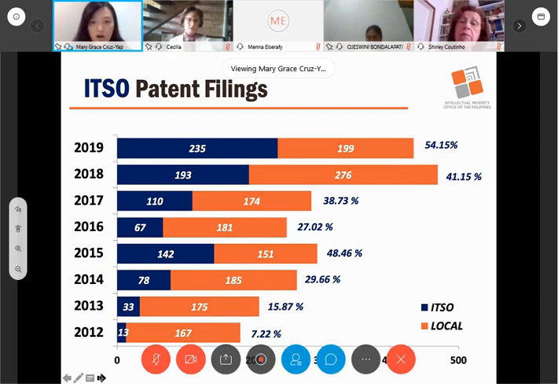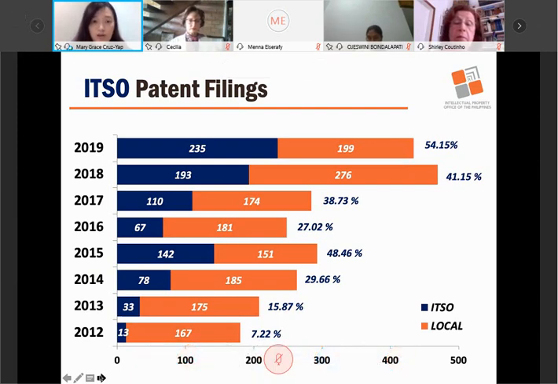The numbers are not as big as in other countries, but the percentages of the ITSO filing is quite remarkable. You can see the importance of having a tech transfer office within this hub of scientific research and development. The universities are the hub of scientific research and development. Most research is done here, and in the research and development institutes. So we try to capture them, and by strengthening our ITSO network, we are able to do so.